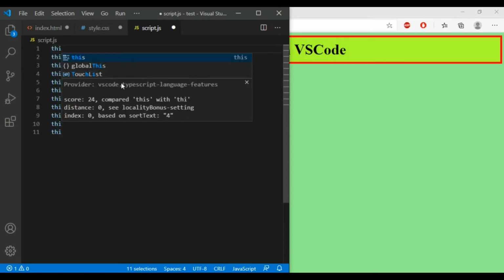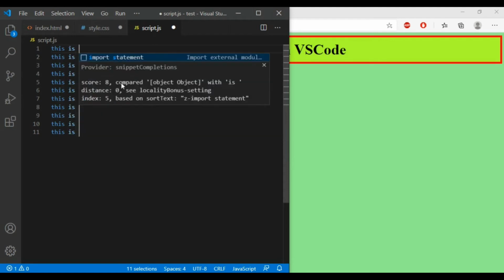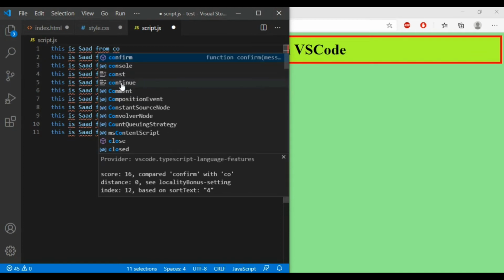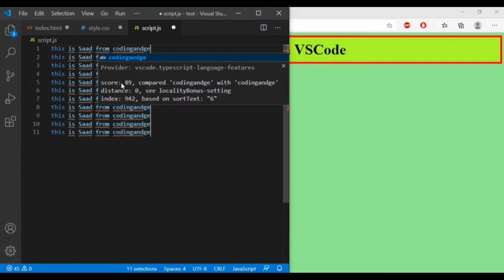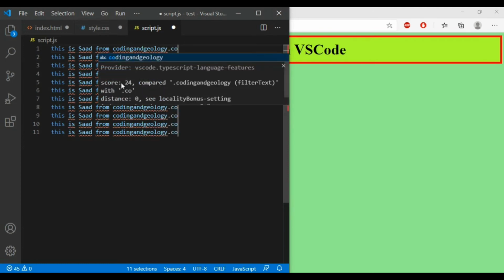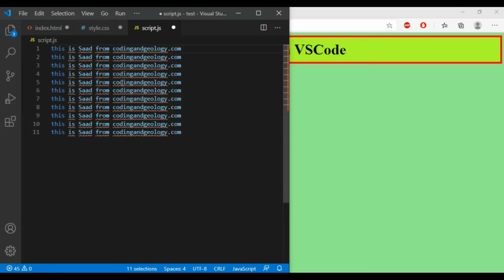basically, wait. What you want to see, this is Sad from codingandgeology.com. Alright, like this, and here Control key, Alt key, and duplicate,